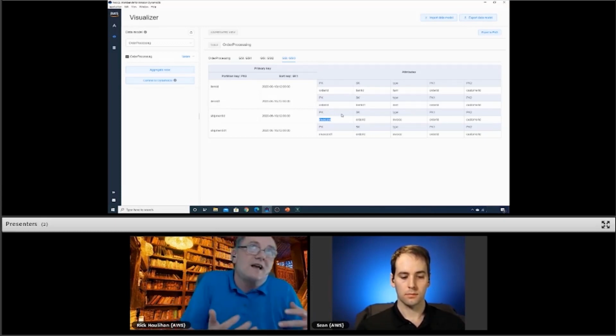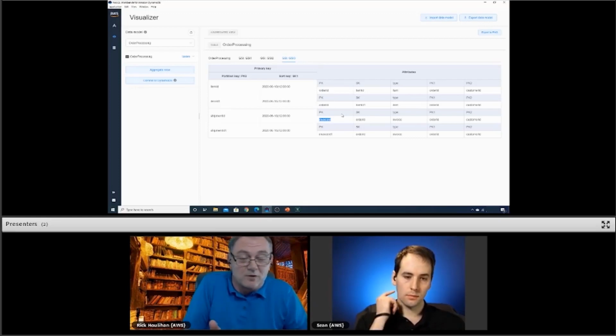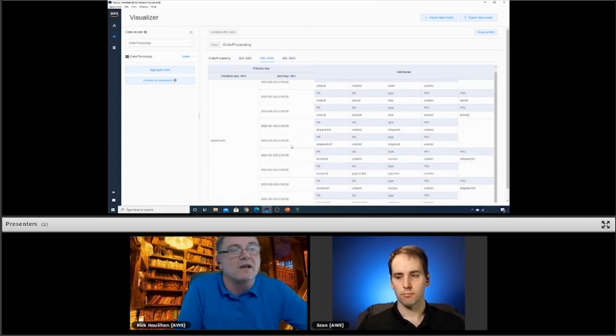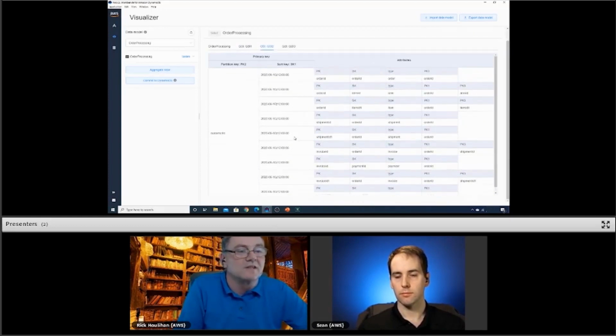When I'm doing this kind of denormalization, I really try to use immutable data, right? Stuff that doesn't change very frequently, because I don't like having to go back and clean up breadcrumbs. This is something people always complain about. If I have highly mutable data, then what I'm going to try and do is create these indexed partitions that group that data in such a way that, when I query the customer partition, for example, if I want to